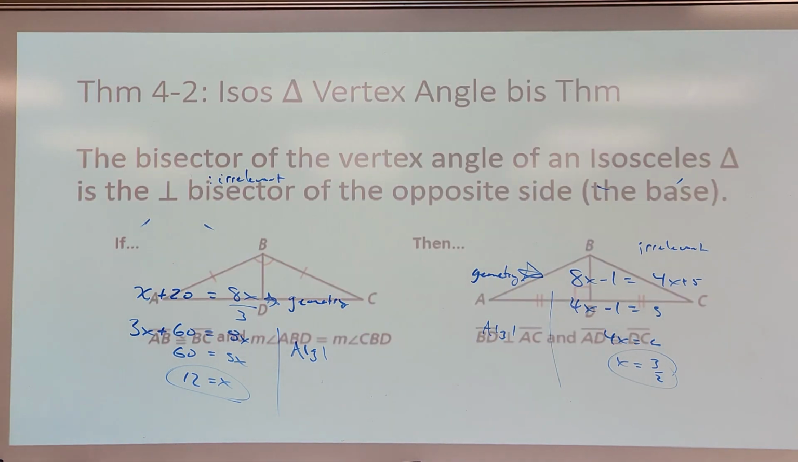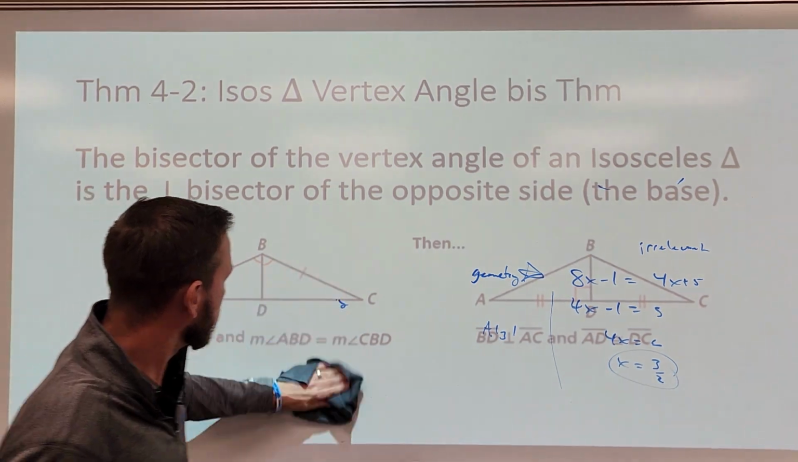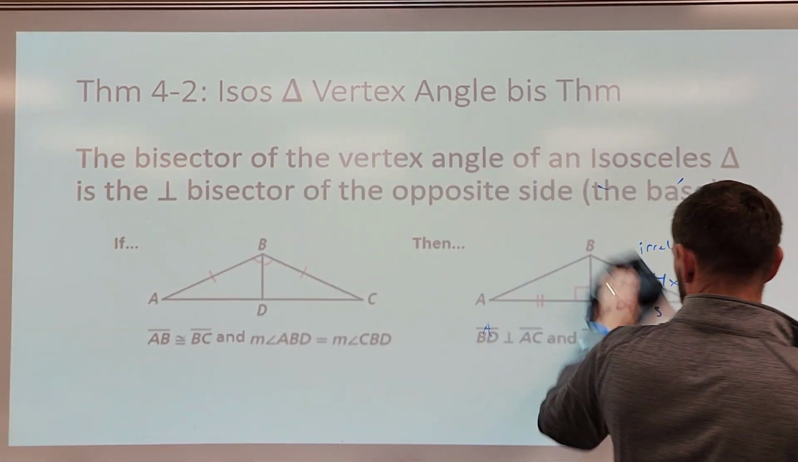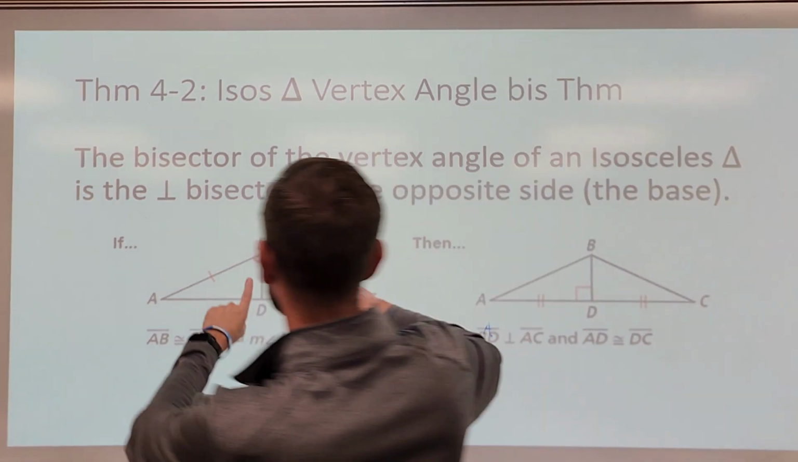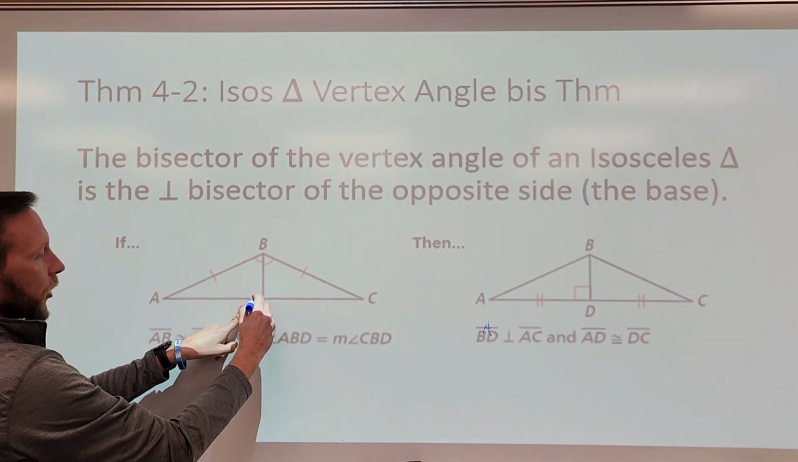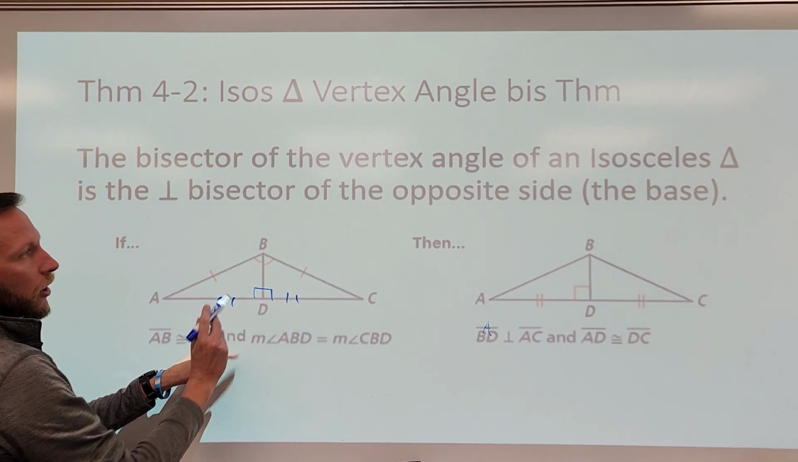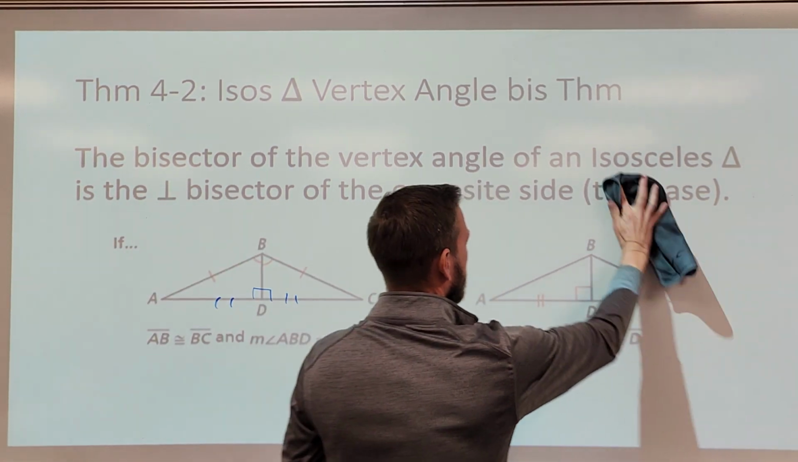Theorem 2 deals with the bisector of the vertex angle and the perpendicular bisector of the base in an isosceles triangle. So here, this says that the bisector of the vertex angle of an isosceles triangle is the perpendicular bisector of the opposite side. We will actually prove this in lesson